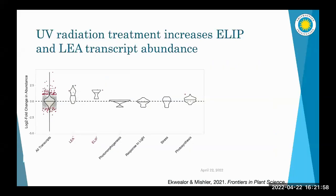And in these transcripts, I should mention, I look for differentially abundant transcripts as indicators of what might be going on. I looked for some of these candidate gene families like Ellipse and Leas that are really, really well known to be involved in desiccation tolerance. Because we were seeing this inhibition of recovery from desiccation with UV removal, I had a hypothesis that somehow UV helps plants